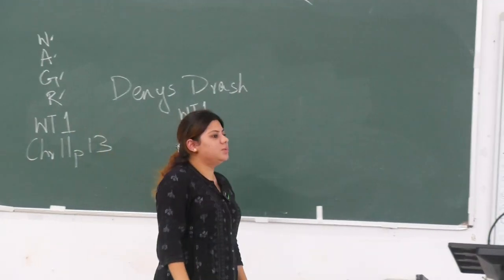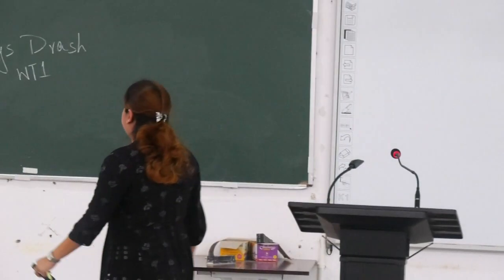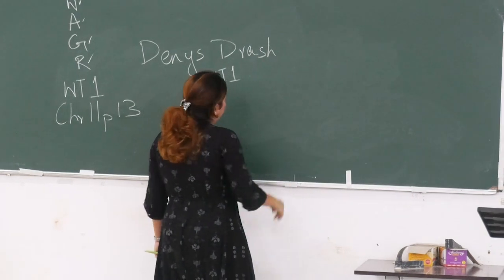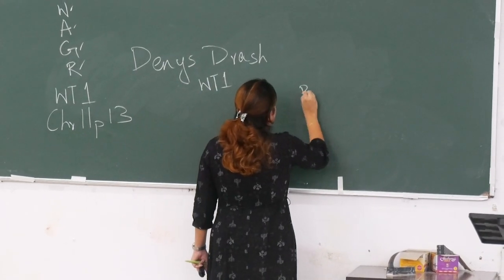Denys-Drash syndrome presents with gonadoblastoma, male pseudo-hermaphroditism, and apart from that, the child will present with end-stage renal disease because the child will have diffuse mesangial sclerosis of the kidney, which gives rise to glomerulonephritis. You will learn glomerulonephritis, nephrotic syndrome, all that once kidney starts. So one cause of childhood glomerulonephritis is Denys-Drash syndrome. Also WT1, same location. Apart from that, there is